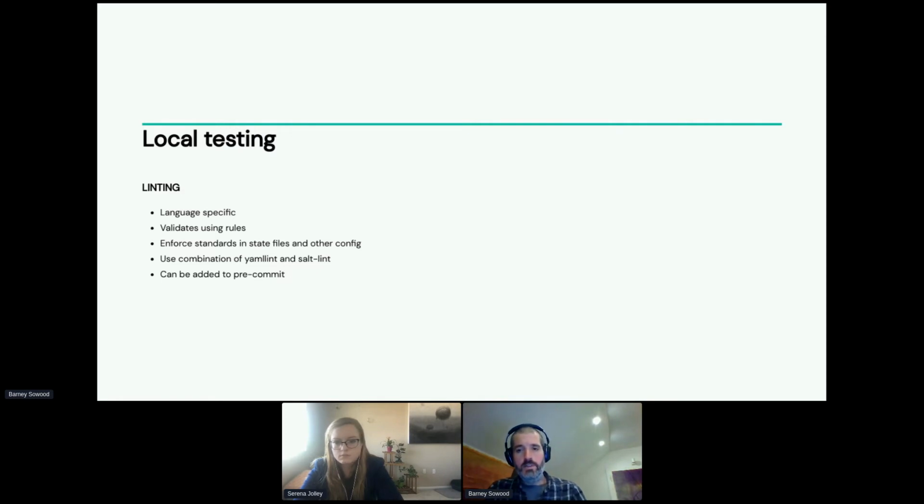Okay, we'll very quickly cover linting. So linting tools are usually specific to particular programming or markup language. They will validate files using a set of rules and enforce standards based on the rules and some config. You can usually use those to enforce local conventions. For example, if you have a particular naming scheme for salt variables or salt state names. We'll have a quick look at YAML lint and salt lint to help keep state and YAML data clean and readable.